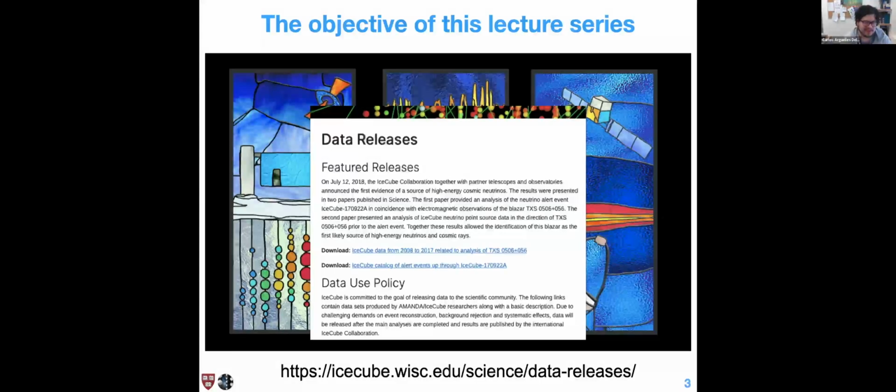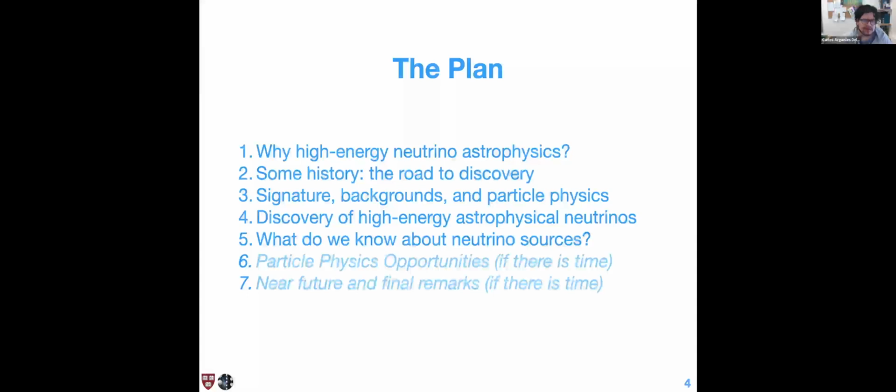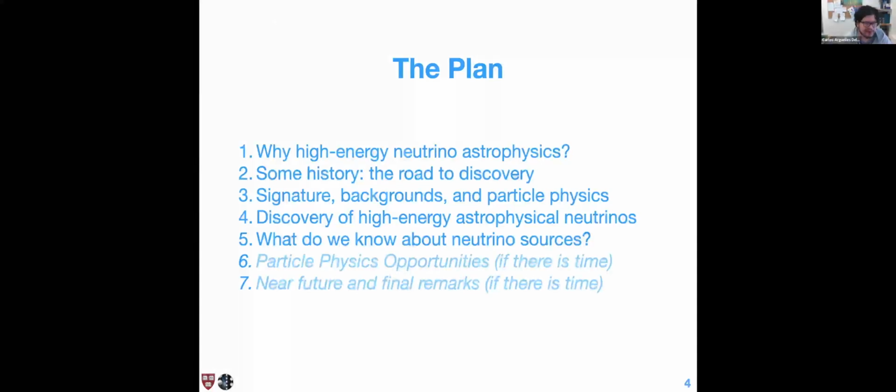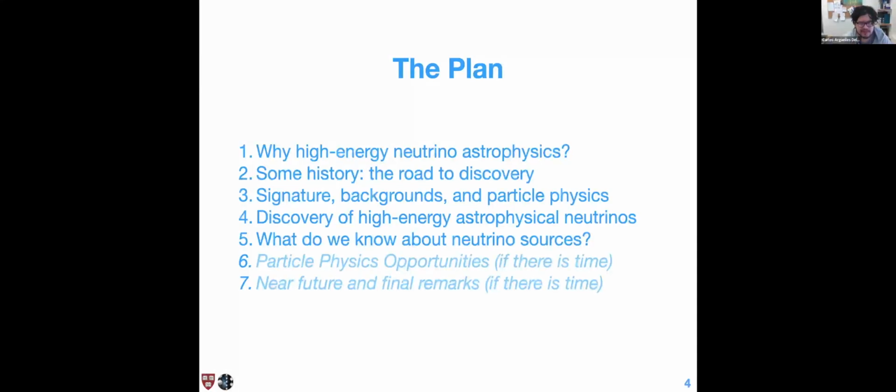My second objective is to update you and let you know the current status of this subfield. I have 5 points that I would like to cover, which are: why high-energy neutrino astrophysics, why are we doing this very difficult endeavor? I want to tell you a little about the history of this field, how we started it and how we got to where we are. Then we'll talk about